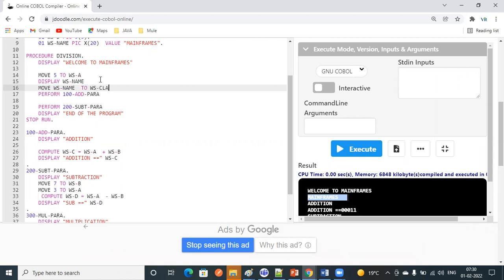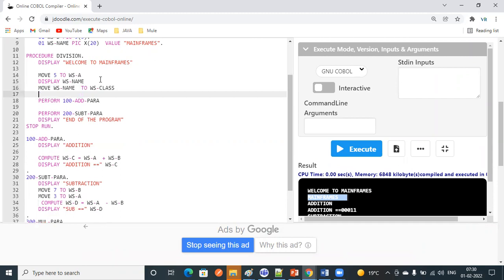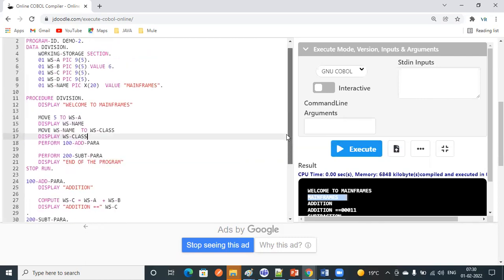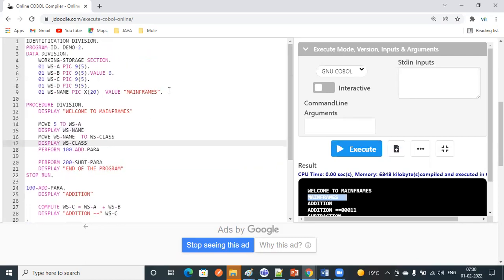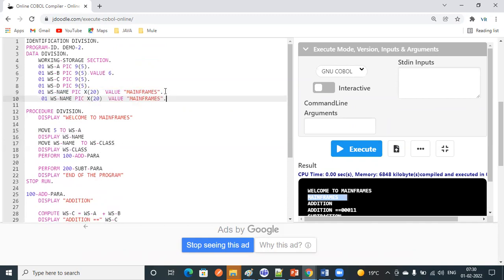WS-CLASS. Display WS-CLASS over here. Okay, we didn't declare a class variable. I'm going to define the class variable here, WS-CLASS.